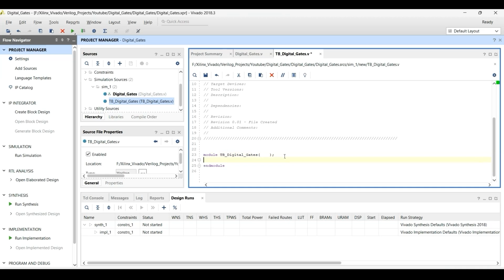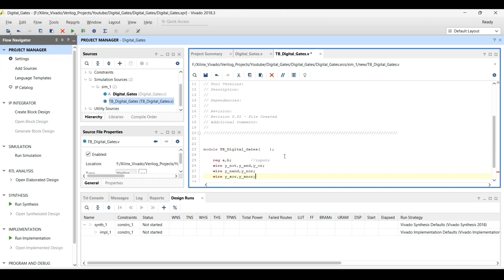Great. We need to define inputs as reg and outputs as wire. This is because we need the FPGA to remember its inputs, and the outputs are just functions of inputs and they change as soon as the inputs change.